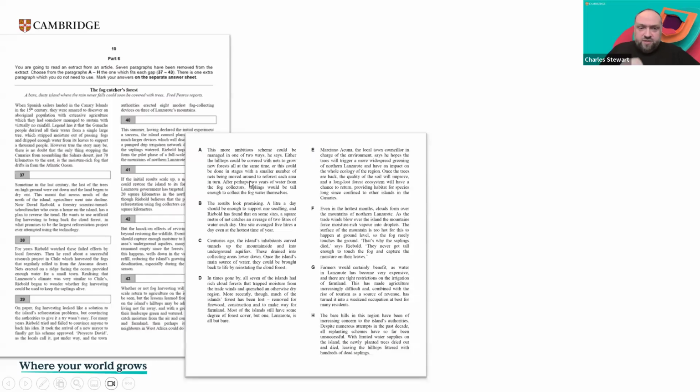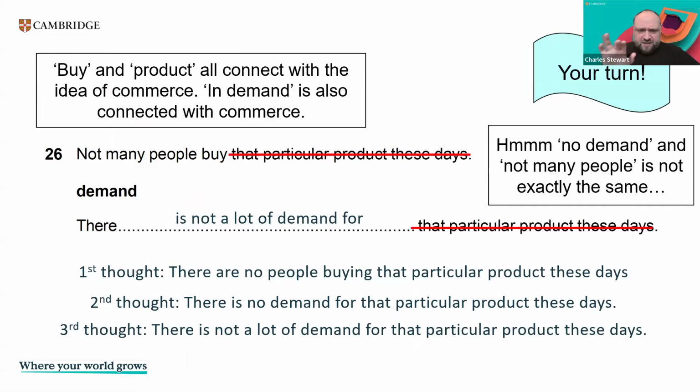Someone just asked in the chat, and I'll go ahead and answer this now. This is the exact answer that they're looking for. There is low demand. No, there is not a lot of demand. There's always one exact answer that they're looking for, and it will always be clear in the sentence itself. Occasionally, you will have an answer where there are two possibilities, and they have both of those possibilities, and you will get credit for if you put one or the other. But usually, there's one answer that is correct for this.